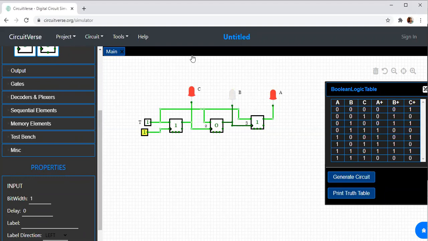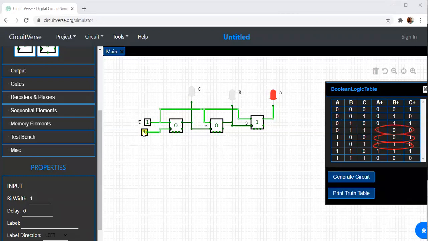See, from 110 it has gone to 101. Again, let me change the clock state, 0 and 1. What happened now? It changed to 100.